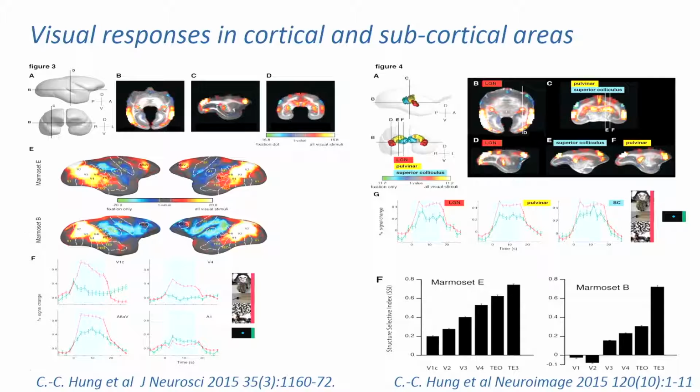so that the areas that are more occipital to the cortex here around V1, they don't really care what the image is. They are always activated, and therefore we built an index called the structure selectivity index. The lower this number is, anything activates them, but the higher this number is, these areas become really selective to what they see. So as you go from the occipital areas of the brain towards the more anterior areas, the areas become more and more selective to the point that the most anterior areas only care about a certain category of stimuli, for